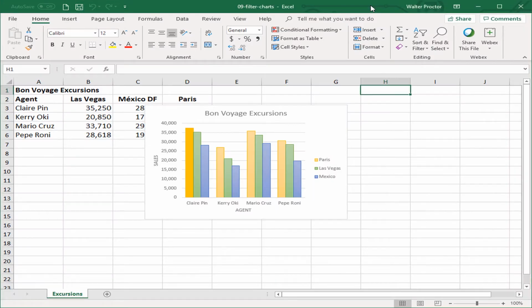In this tutorial, we will cover filtering charts in Excel. Please open the file 09 Filter Charts. You may occasionally want to turn off parts of your chart to focus on specific data. Rather than having to recreate a brand new chart, you can filter out your information and only show what's allowed